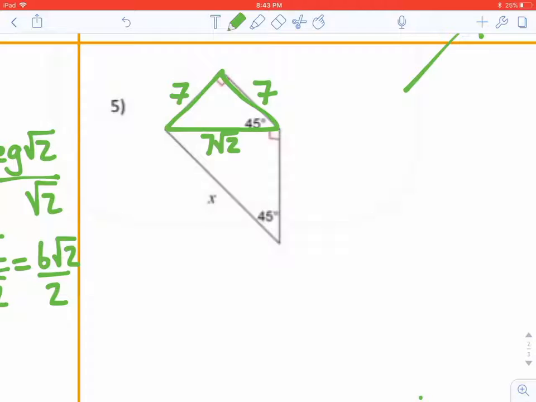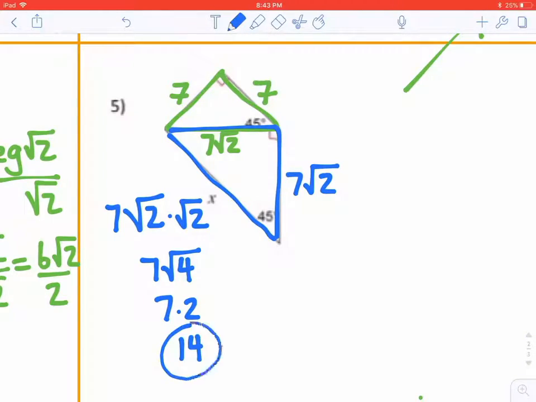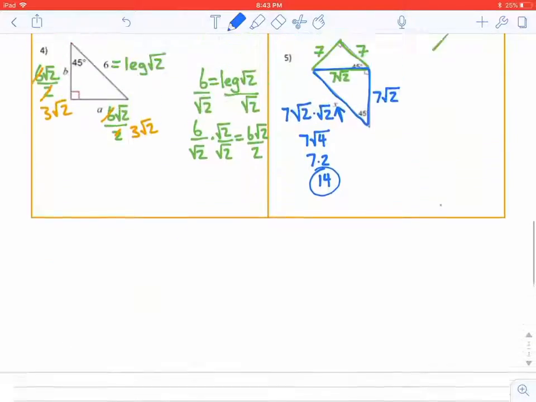And now if you look at the bottom triangle, that's this one, you have a leg that is 7 square root 2, so the other leg would have to be 7 square root 2, and the hypotenuse would be 7 square root 2 times the square root of 2, which is 7 square root 4, which is 7 times 2, which gives you 14. So the x that they were looking for is just equal to 14. And I think that's the end of our examples for this